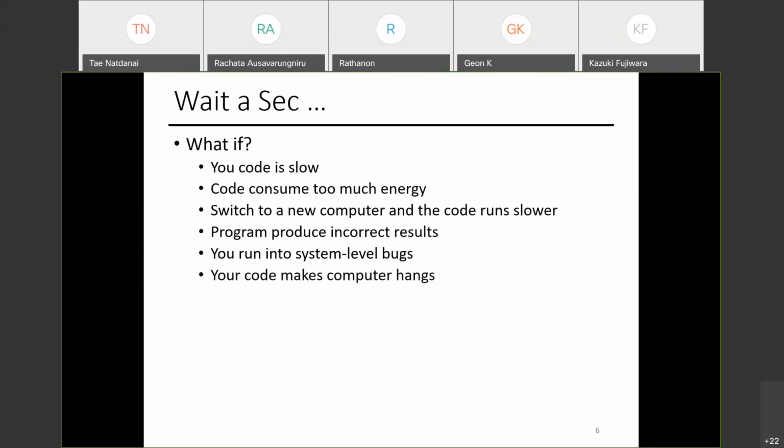What do you do? Let me ask you, what do you do in Python if this happens? Yes, run to Google and try to figure out if a certain line of code caused that, right?